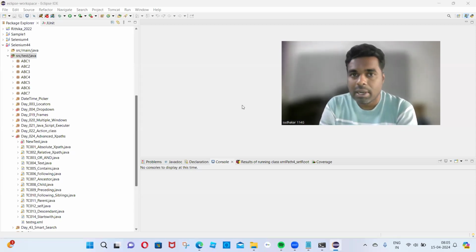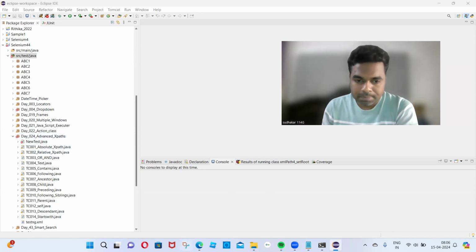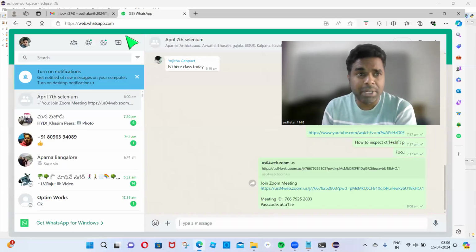Okay, yes. So in the last class, we discussed how to automate a drop down. There is a pending topic. First, let's finish that one, and after that, we can continue with the advanced XPath topic today. So in the last class, the pending topic is